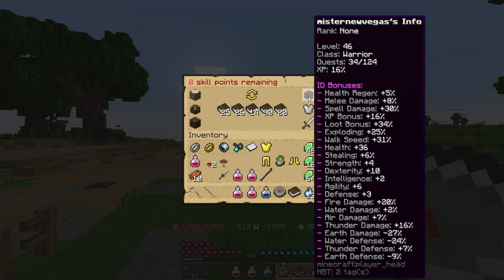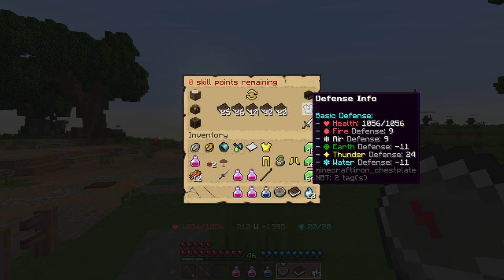There's my character info right there. You could see my stats and my buffs and some of my negatives, unfortunately. My defense info, because every weapon can deal more fire, air, earth, thunder, or water. I think earth was the one that was missing. It shows you their defenses. So right now I'm kind of weak towards earth and water. So if someone had a higher tier weapon that uses earth and water, I'm going to take more damage than